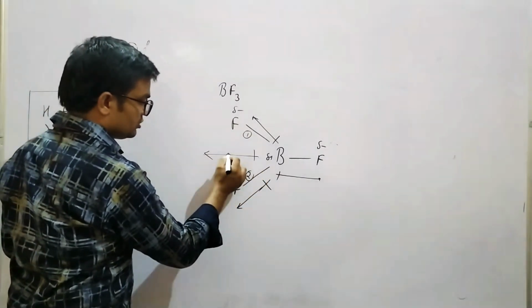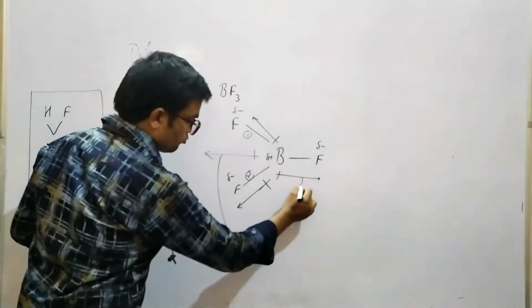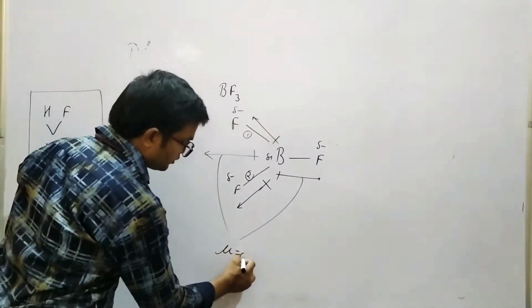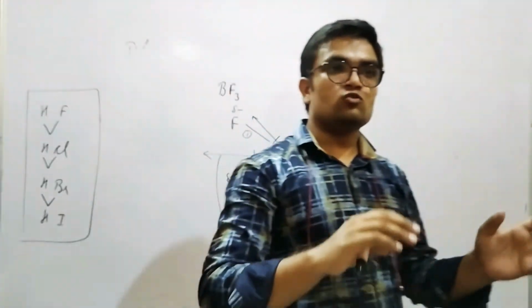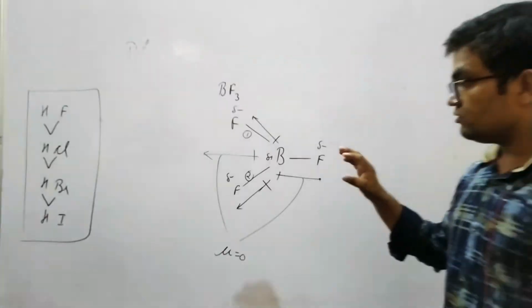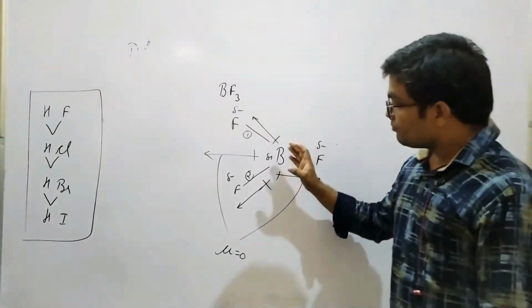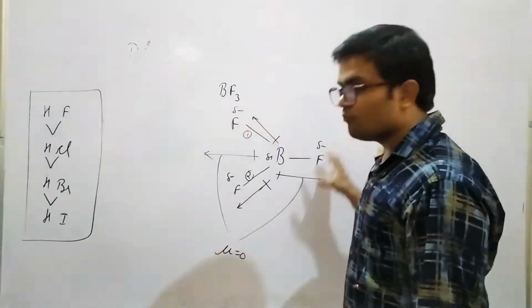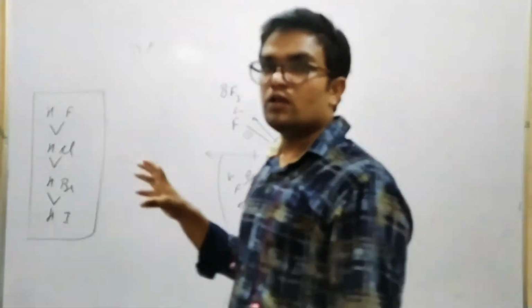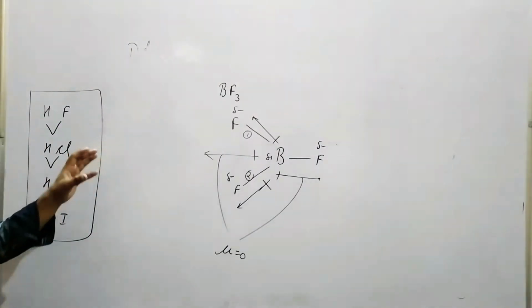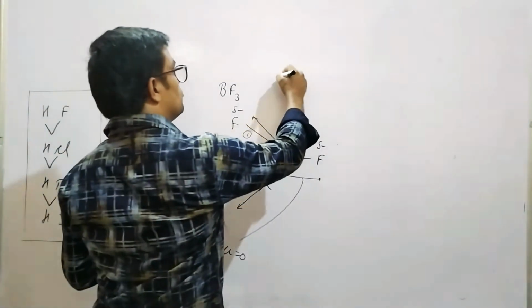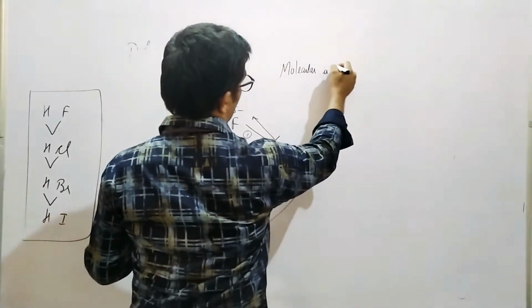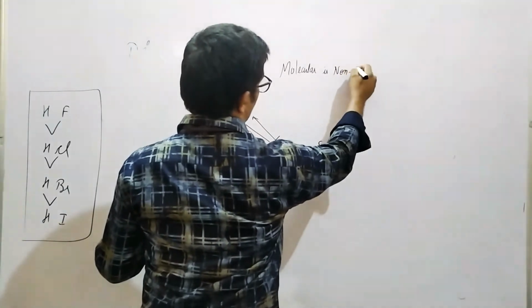The vector sum of these two bonds, first and second, is equal to this, and it is oppositely directed to the third bond, so they cancel. Here nu is equal to 0. Students, here the bonds are polar, but the overall molecule, due to resultant dipole, has nu equal to 0. Hence the molecule is non-polar in BF3.